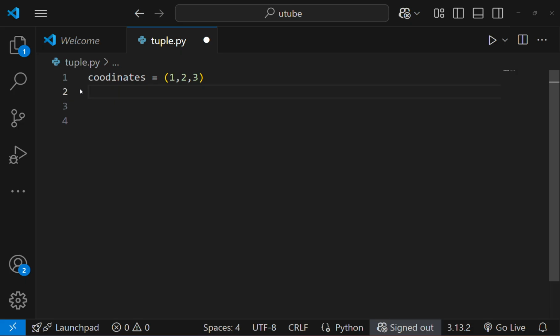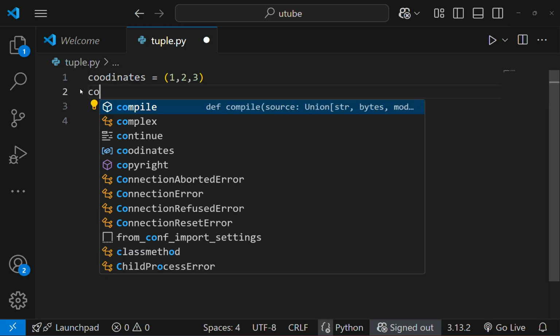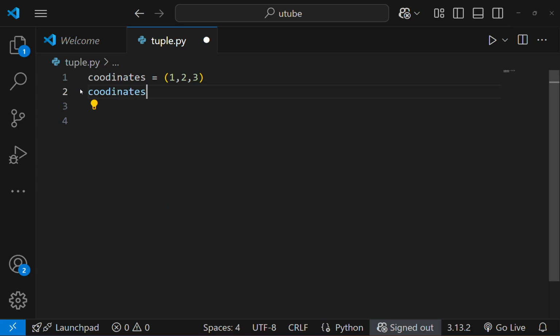A better approach is to get these values and store them in separate variables. Like we can get coordinates of 0 and store it in an x variable. Then coordinates of 1 and store it in a y variable.